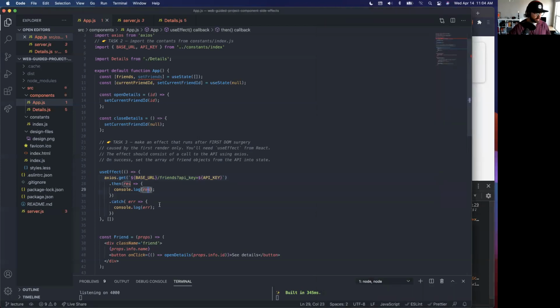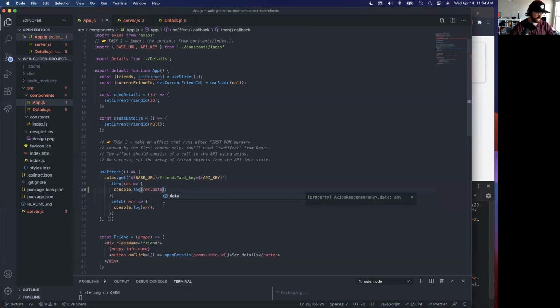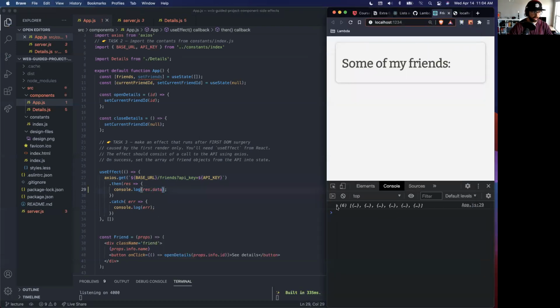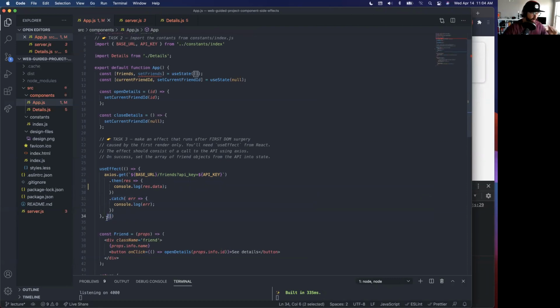So let's do console log res dot, because it's an object, dot data. We'll save this, come over here, and now we're getting an array. Cool, we have an array of objects. It's only getting called once because of our dependency array. We're going to play with this here in a second so we can kind of understand that a little bit better. Okay, so now that we've done this and we've got our response back,